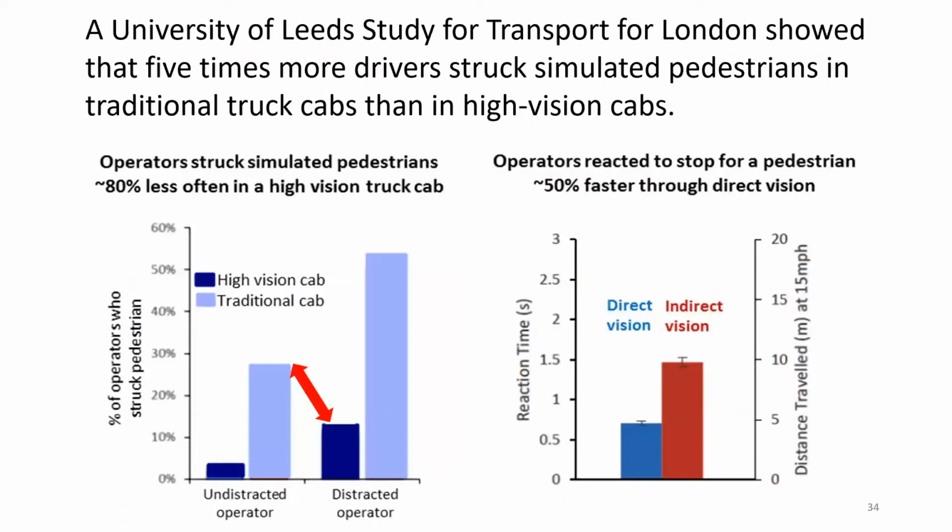There is some great news coming out of Europe, although it hasn't quite come here in a big way. Some of the Vision Zero stuff has, and that's great. But London, they've got a new vision standard for large vehicles. And so they're requiring high visibility vehicles. And our buses couldn't get into London now. And this fabulous study at Leeds